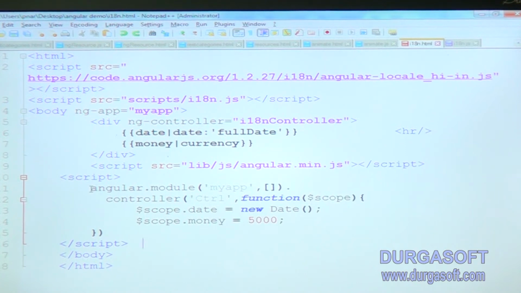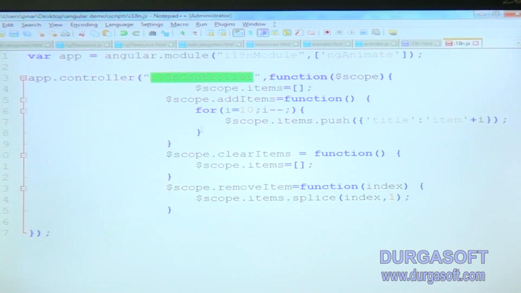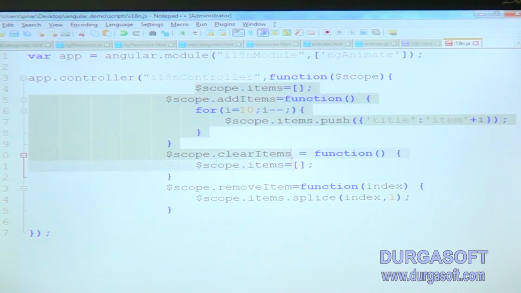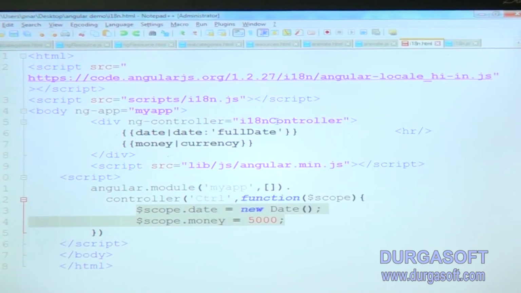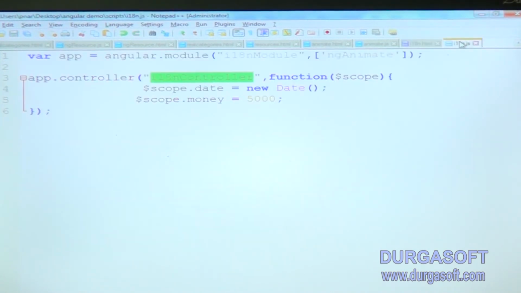In the controller, $scope.date equals date, and so these two variables I am specifying here: i18nController and i18nModule.